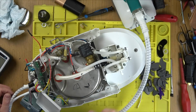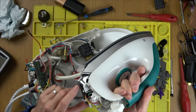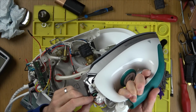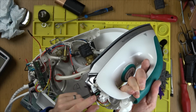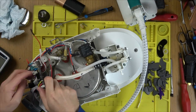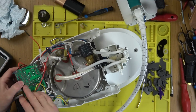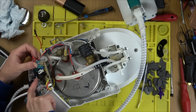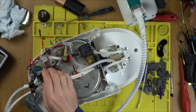I'm wondering if it's a faulty relay, because if we were to trace back the hot plate, because this hot plate's not working, it comes back onto the pink and the blue wires here, yeah? And they come up, and basically the pink wire goes to this connection here, yeah? And this connection basically is here, and it goes into this relay here. So I'm wondering whether the relay's at fault, because if we look at the power coming up from the cable,